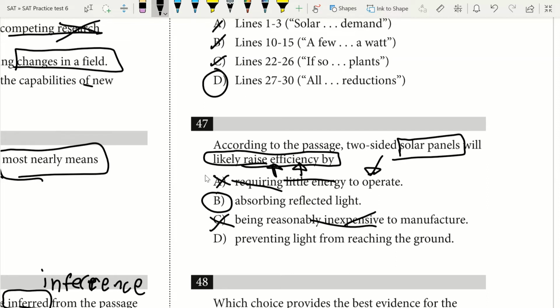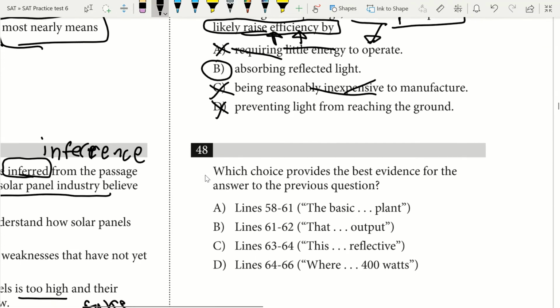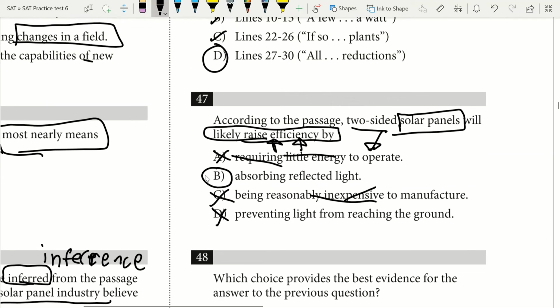D, preventing light from reaching the ground. No. The whole point here is that they form those two-sided ones to absorb the reflective light that reflects off of one. So for 47, the answer is going to be B. We're asked for evidence, so we can go back and find that one. I believe